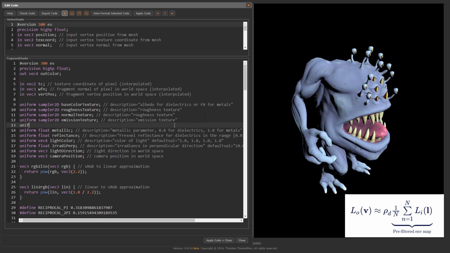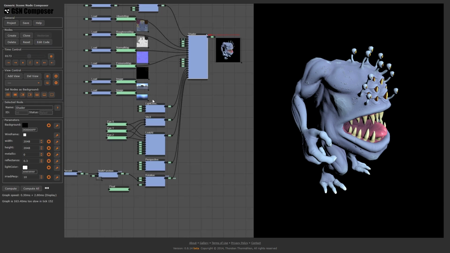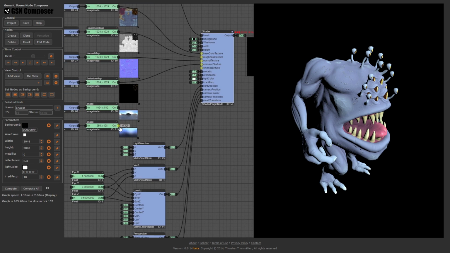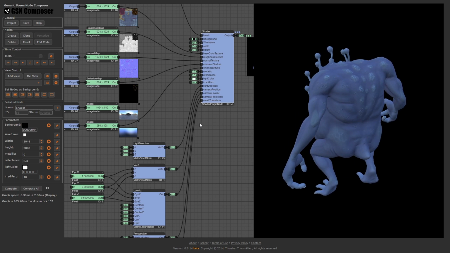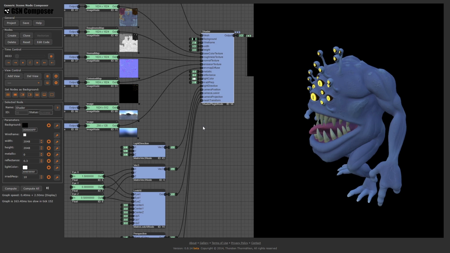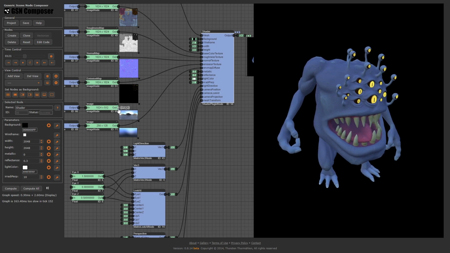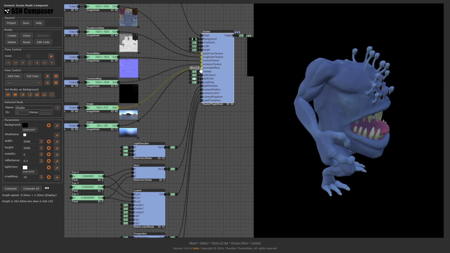And up here we add uniform sampler2D envMapDiffuse, min filter equals linear, mag filter equals linear. Apply and close. We connect our pre-filtered ENV map with the ENV map diffuse input slot and we get a result. Well, it looks okay, but it's hard to tell if the output is correct. Just for fun, we could connect the original environment image to the ENV map diffuse slot.